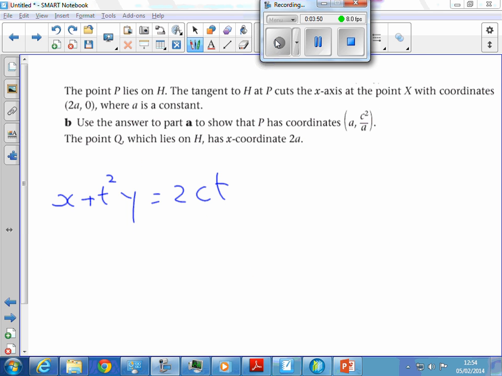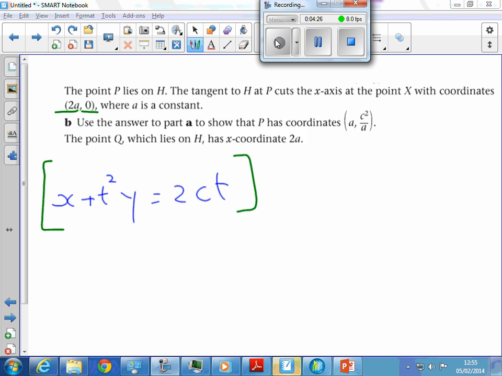Now, part B says that the point P lies on H. The tangent to H at P cuts the x-axis at the point X with coordinates 2a, 0, where a is a constant. Use the answer to part A to show that P has coordinates. So this is how we do this part. So I know that when x is equal to 2a, y must equal 0. Okay? So if I substitute that in